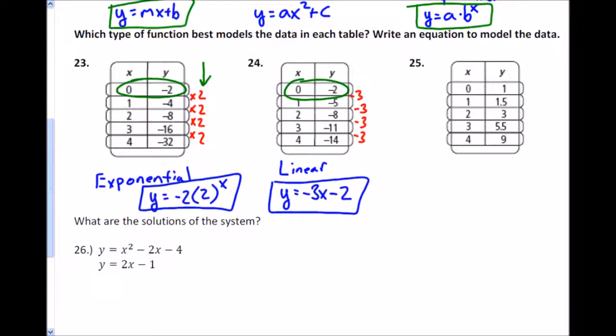And then the last one, when we're looking at something like this, again, we start with the first difference. I'm going up by 0.5, and then I'm going up by 1.5. I add 1.5, and then I add 2.5, and then I add 3.5. And so now there's no first common difference, so I look at the second common difference. Here I add 1. Here I add 1, and here I add 1. Since I have a common second difference, it means that this thing is quadratic,